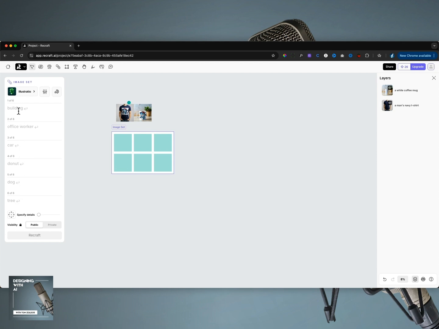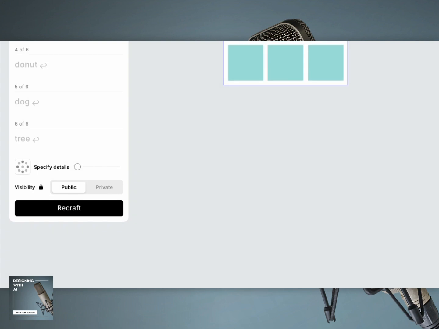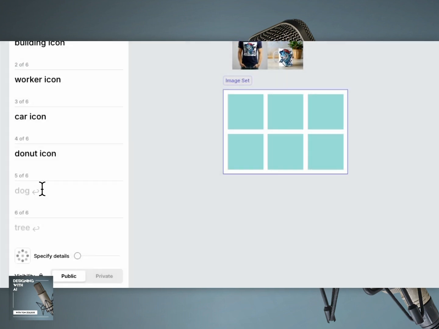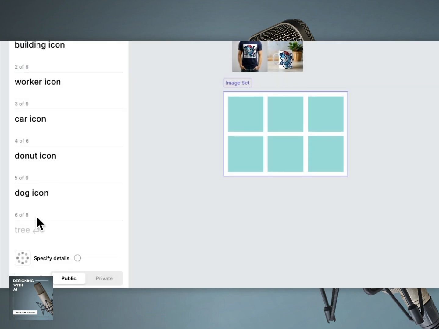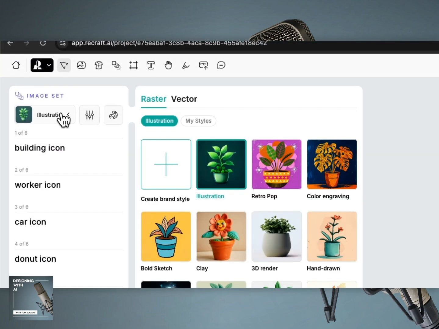So let's say, all right, let's just take their examples. Building icon. We'll put icon in here. Worker icon. It's got suggestions, right? I don't know what kind of site this would be for, but let's just do it. Donut icon, and I'm specifying icon every time. So dog icon, and then tree icon, and I want this to be specific to what I said. And I guess we can pick our different